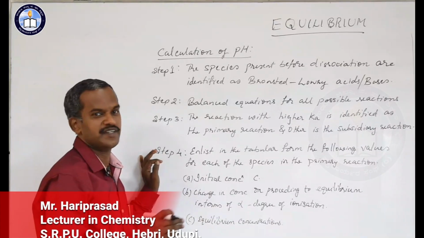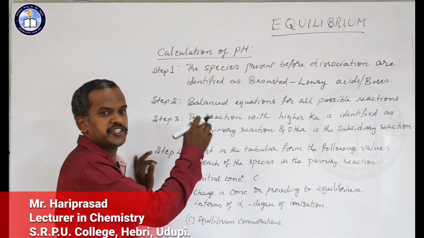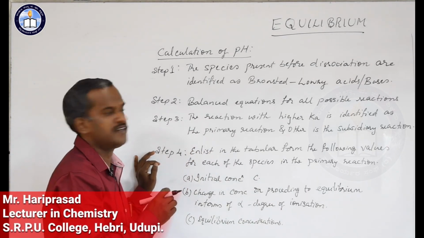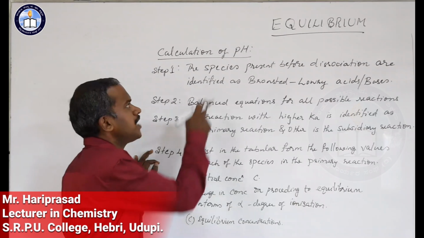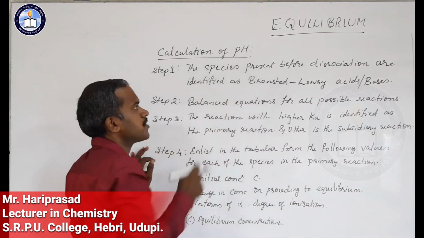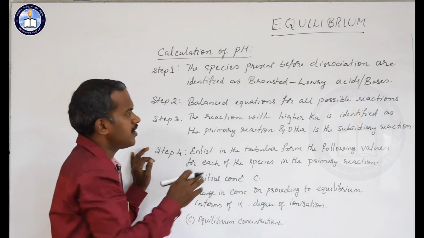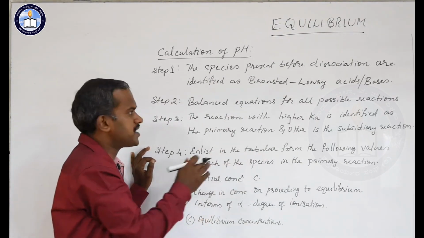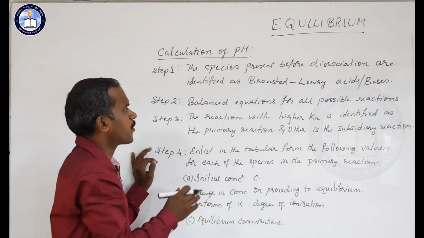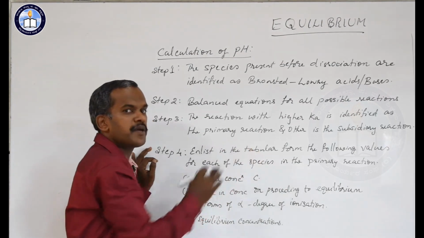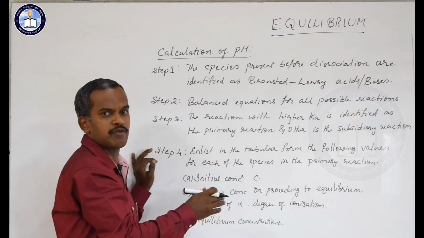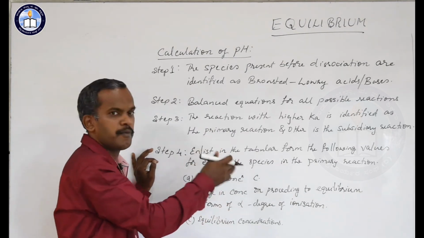Hello students, after understanding what is pH and the dissociation constant of a weak acid, here we will continue with the calculation of pH. The problems are usually asked based on the calculation of pH. So before we go ahead with that, try to understand the steps to be followed in the calculation of pH. You just have to remember 7 steps, and after completing the stepwise procedure of calculation of pH, I will take up a problem and solve it.